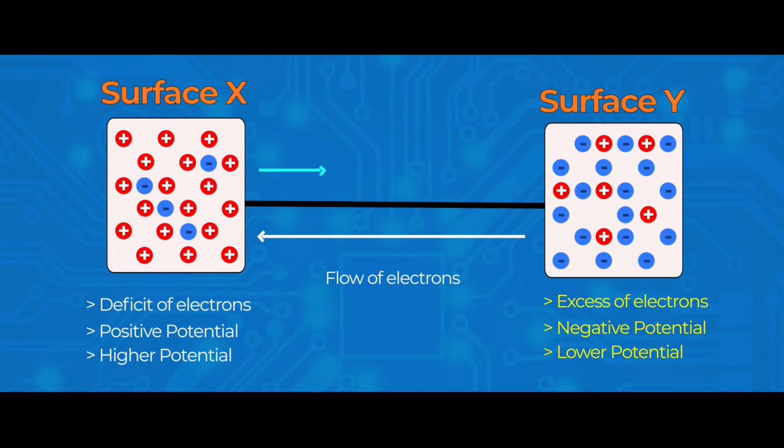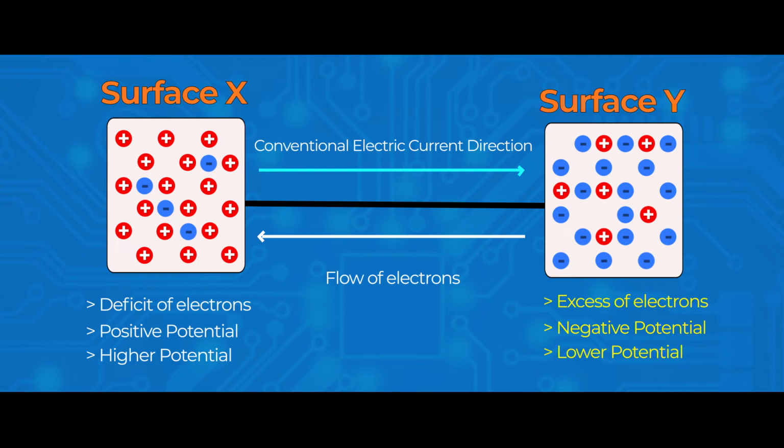And when electrons flow from surface Y to X, we say that the electric current is flowing in the opposite direction. Even though electrons are flowing from Y to X, we say conventionally, that's why the term conventional electric current. Convention to keep the practice true. Like we have water flowing from its higher level to lower level, heat flowing from higher temperature to lower temperature, we also say that electric current is flowing from its higher potential to lower potential. But you have to remember one thing here, that the direction of conventional electric current is opposite to the flow of electrons or the negative charges.